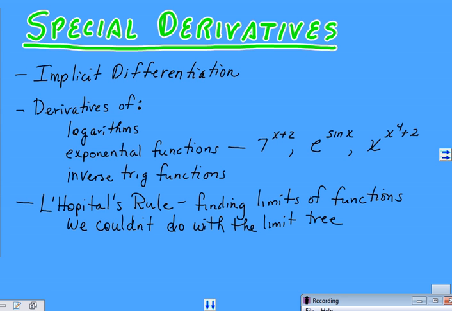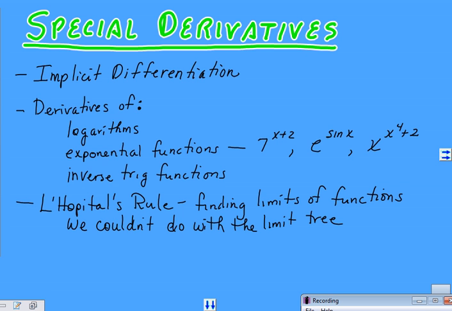There are three primary topics in this chapter we're going to hit. Today's topic is what we call implicit differentiation, and I'll get back to more on that in a second. In next class, we're going to be dealing with the derivatives of logarithms and also exponential functions. Those exponential functions can not only be the traditional a number to a variable, but also e to a quantity power, or even more exciting, something you've never done before, a variable raised to a variable power. We'll also be learning the derivatives of the inverse trig functions